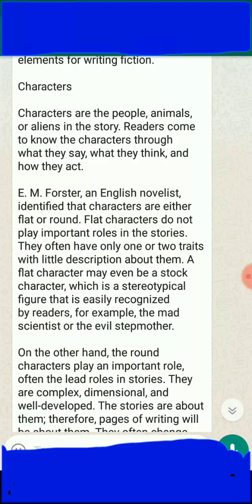A flat character may even be a stock character, which is a stereotypical figure that is easily recognized by readers. For example, the mad scientist or the evil stepmother. On the other hand,